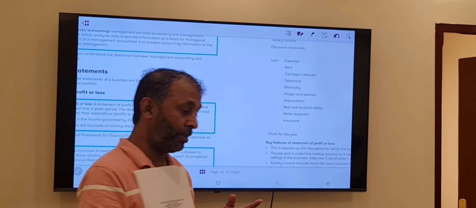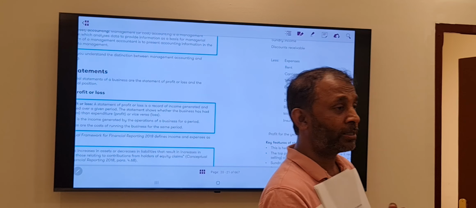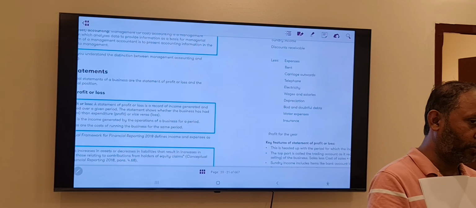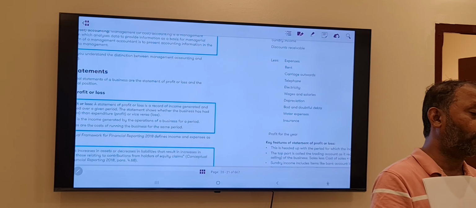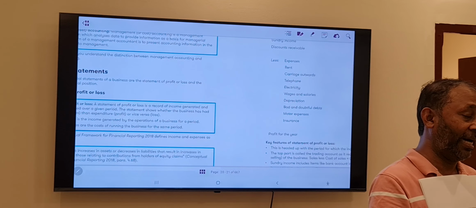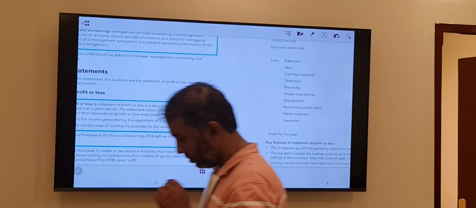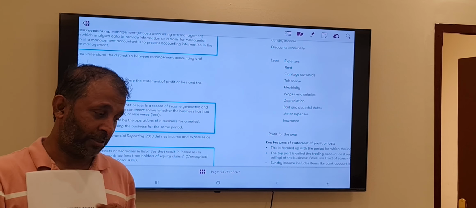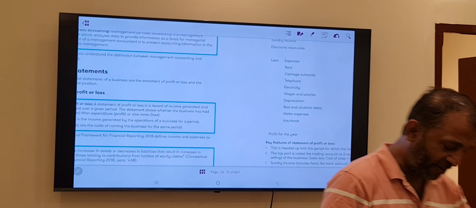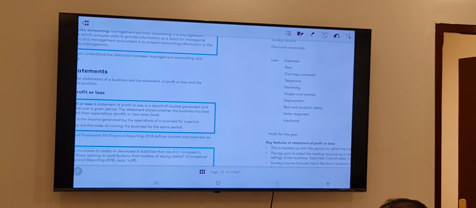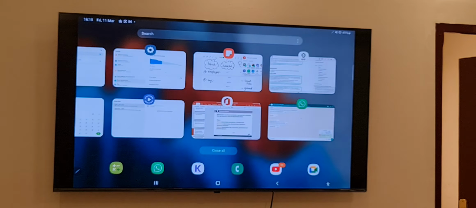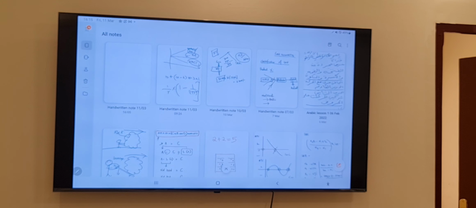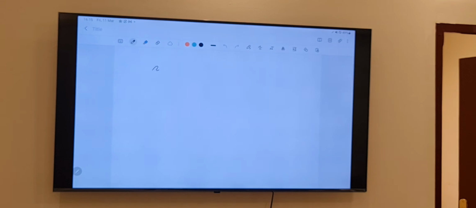The third document is the cash flow statement. As we are accountants, it is very important for us to better understand the way the cash flow statement works. Many owners, now if I ask you a question here, I have a profit